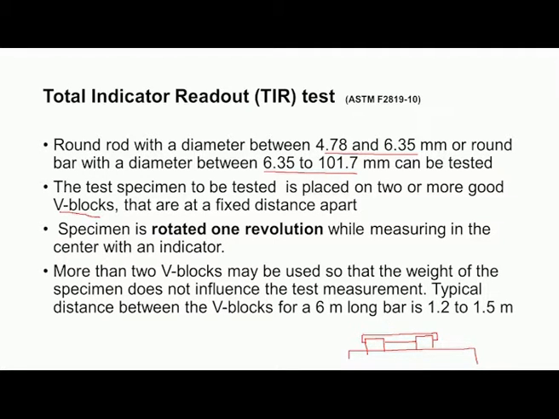Now, we have to take a dial indicator, and keep it approximately in the middle, and then note down the reading. Initially, you adjust it to 0, and now you slowly rotate the rod through one complete revolution, and then again take the reading at different rotated positions. This will indicate if there is any bending, as shown by the dial indicator.